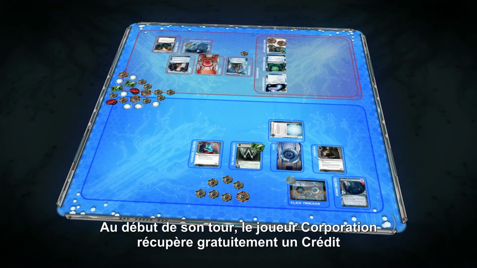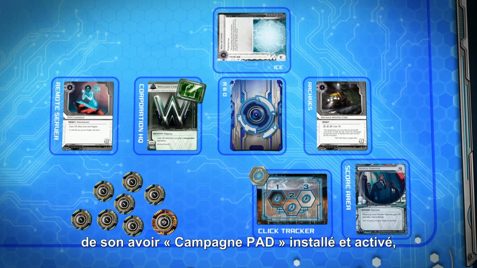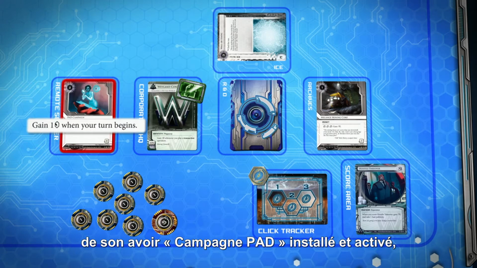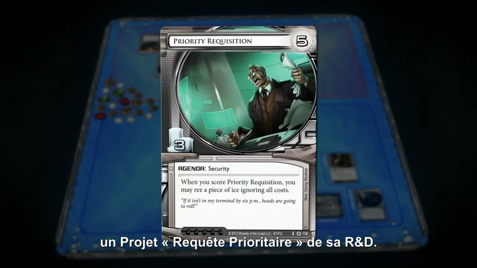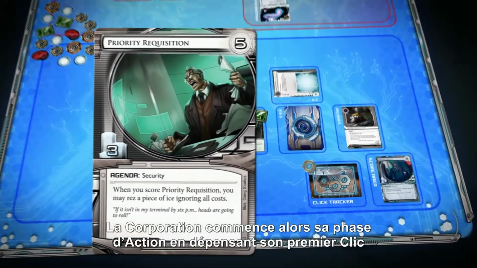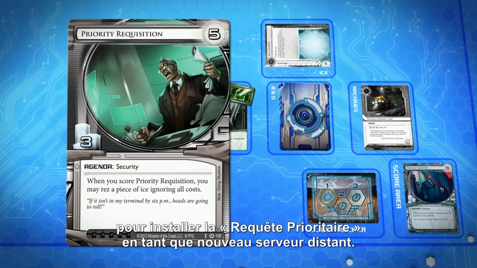At the beginning of his turn, the corporation player collects 1 free credit from his installed and rezzed PAD Campaign asset, then begins his draw phase by drawing a Priority Requisition agenda from his R&D. The corporation now begins his action phase and spends his first click to install Priority Requisition as a new remote